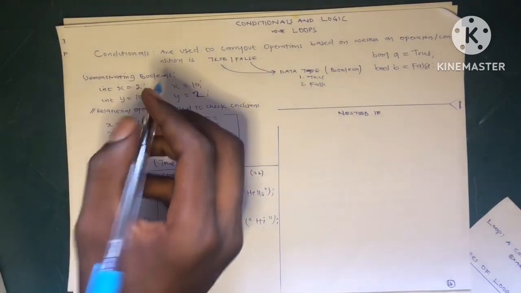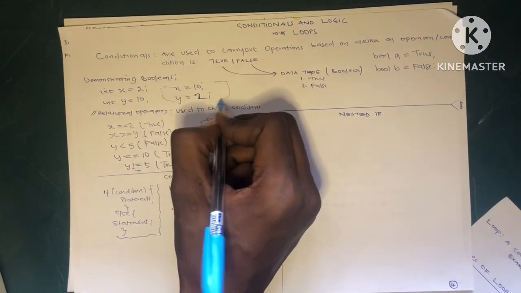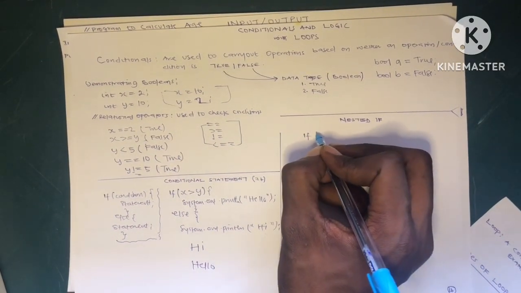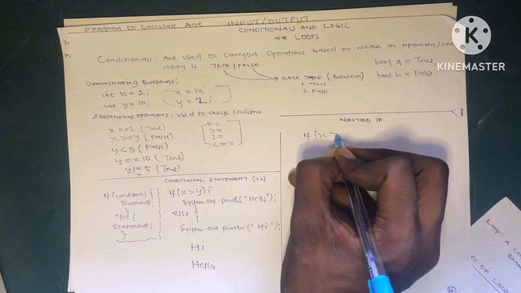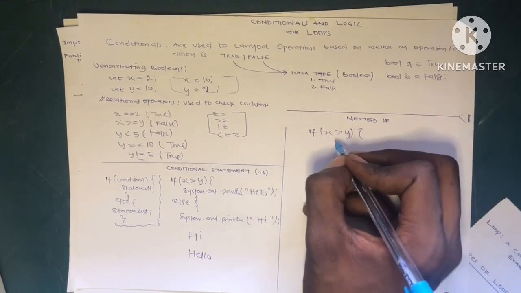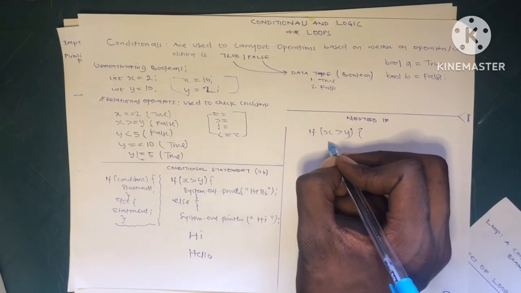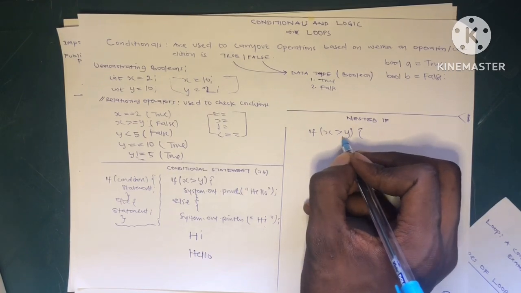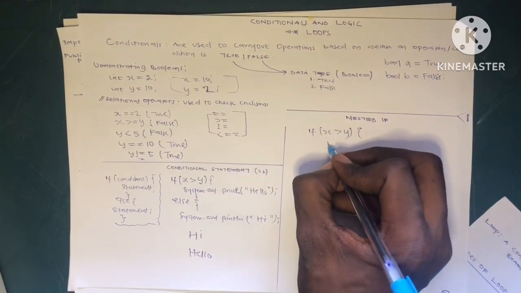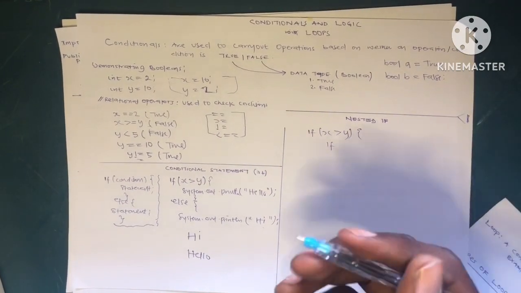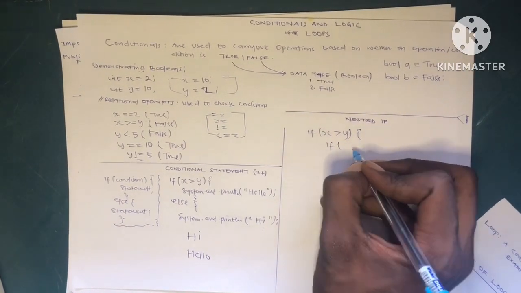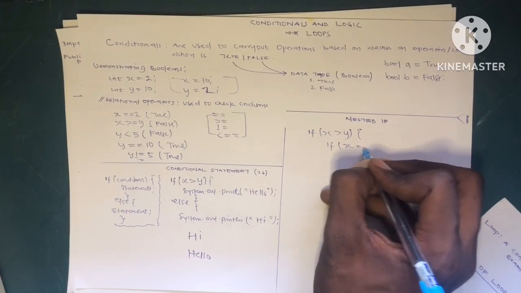Okay, so now we are working on the assumption that x is equal to 10 and y is equal to 2. Now let's write a program. Let's say if x is greater than y. Is x greater than y? Let's see. Yeah, x is greater than y. If x is greater than y, then we'll put another if. This is a nested if. What did I say? A nested if is putting an if statement inside another if statement. If x is greater than y, then if x is equal to 10,